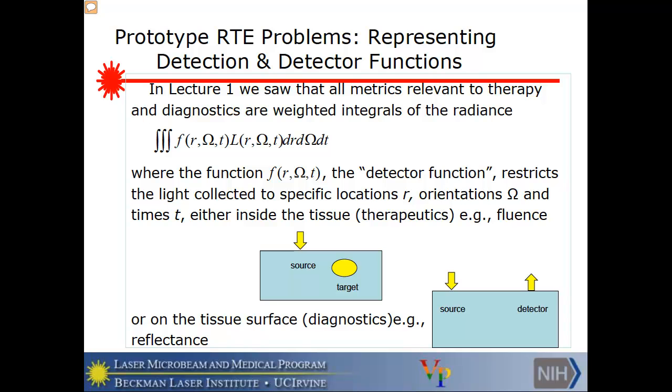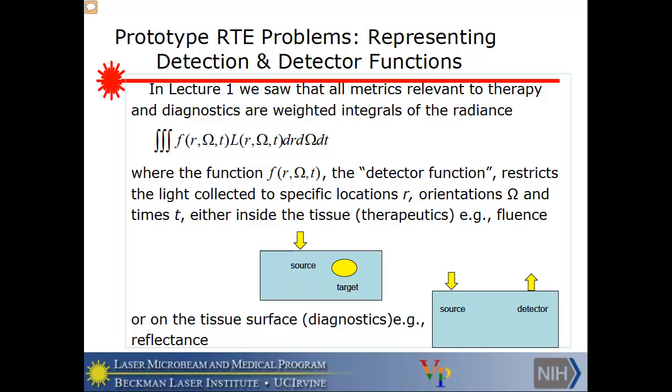Now, Boston mentioned that when you want to extract information from the radiative transport equation solution from the radiance L, you do so by multiplying it by a detector function that restricts the light field at which the measurement is taken to certain locations, r, and orientations, directions, omega, and times if it's a time-dependent problem, that are either inside the tissue, in the case of therapeutics, where here there's a target and you might be looking at the fluence or the absorption rate, mu A times the fluence at this target to discover heating and so on, or on